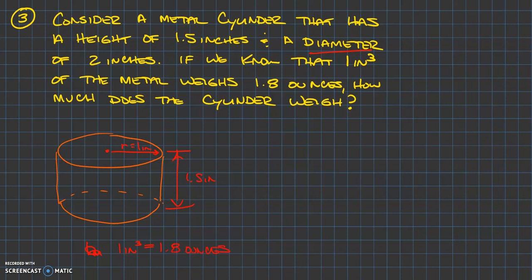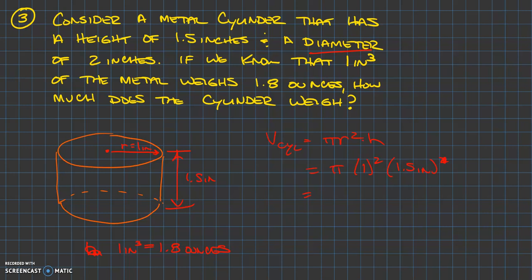So how do we tackle this problem? Well, let's begin by solving for the variable. All right, guys, so what we'll do is we have to use the formula for volume of a cylinder, which is pi r squared times the height. And so just fill in what we know. The first thing we have to do is calculate the volume for this cylinder. Then we can multiply by what's going to happen with its weight. And so once we start filling in the numbers, pi, we know the radius is 1, so they've made the math real easy this time for us. The height is 1.5 inches. So that's going to end up being, once you multiply,